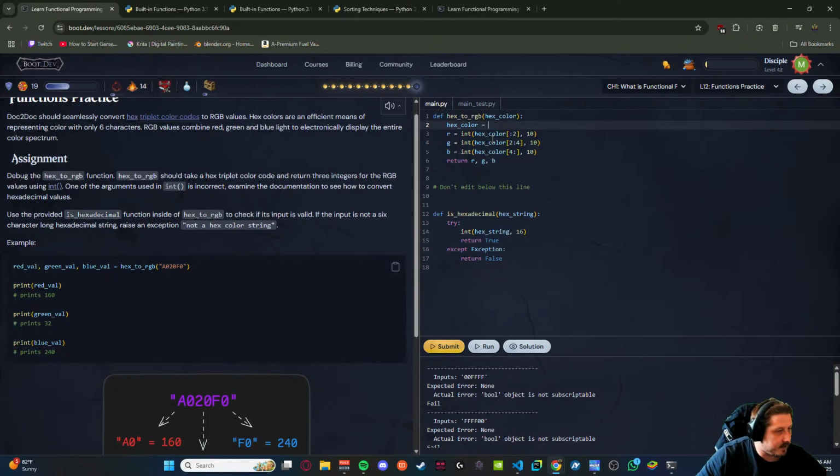Use the provided is hexadecimal function inside of hex to RGB to check if its input is valid. If the input is not a 6-character long hexadecimal string, raise an exception.